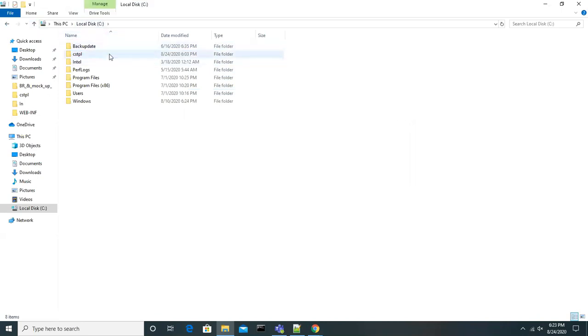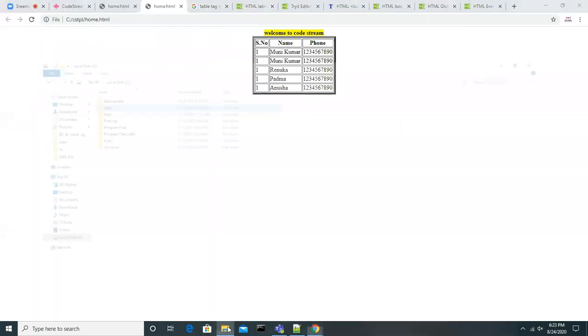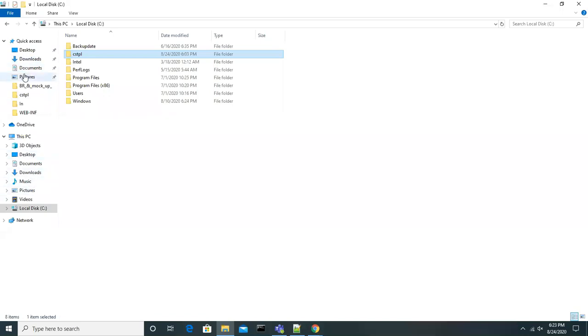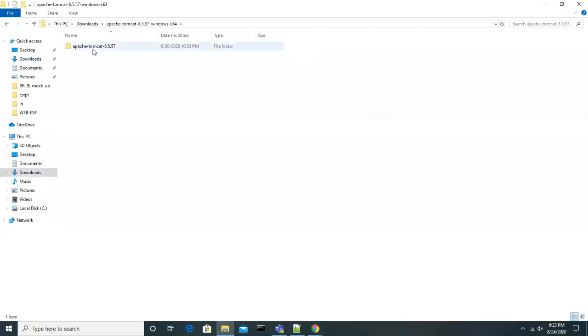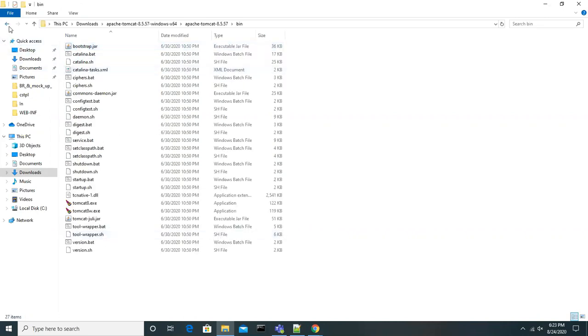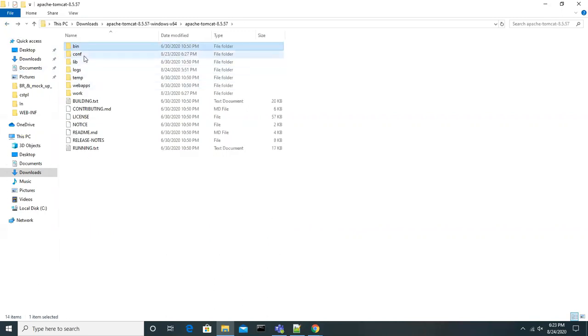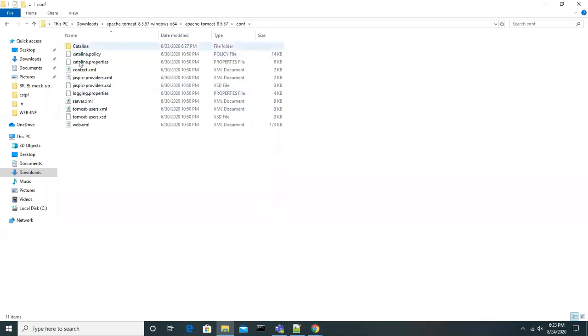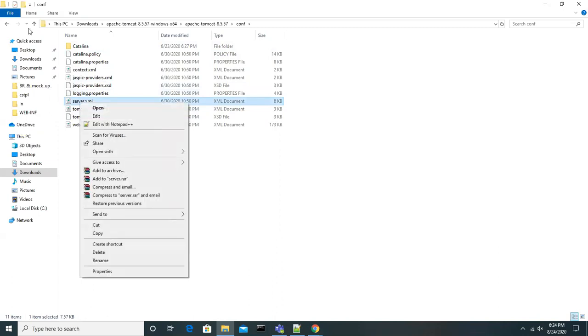So now I'm going to take this CSTPL project, and let's go to the Tomcat server download folder. So this is the Tomcat server. Where do you have to keep the project you prepared? Not in the bin folder, config folder, or lib folder. The bin folder has all the binary things to start the server, stop the server, and set the class path. The config folder has all the configuration related stuff. Even you can see many things are there.